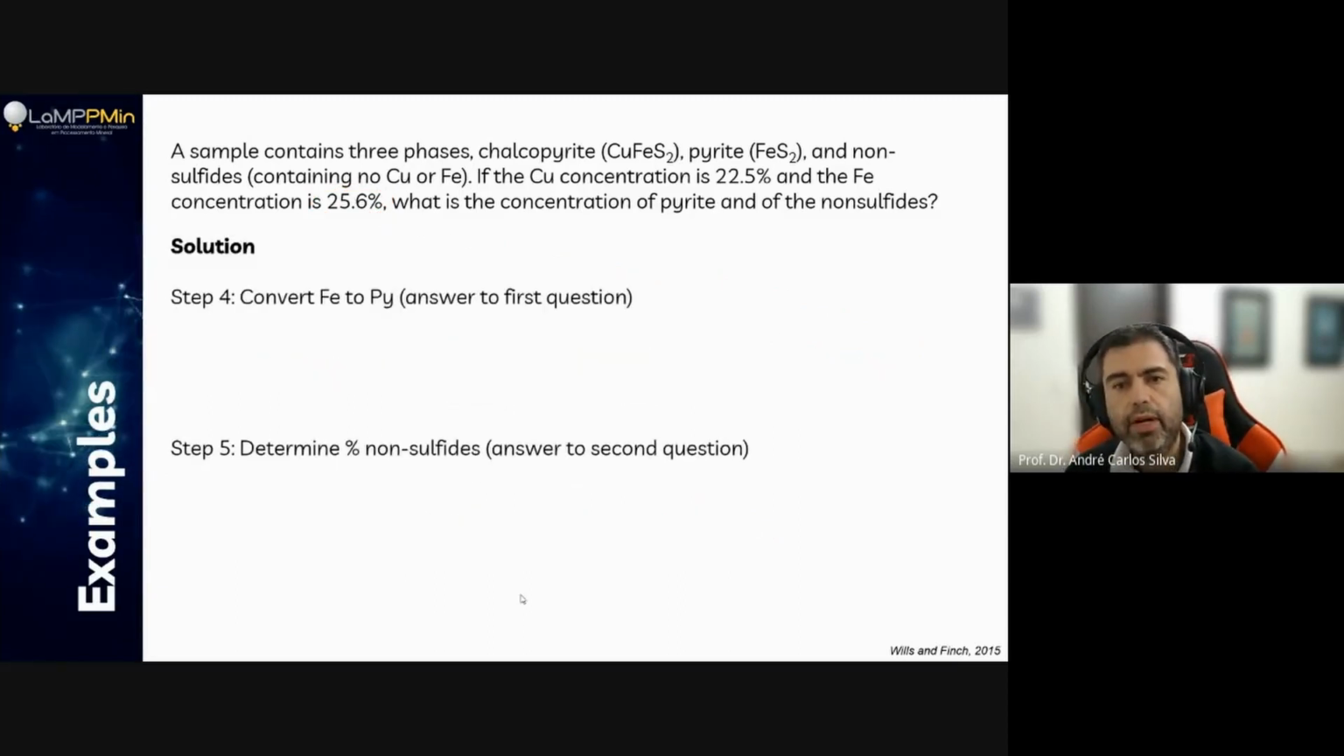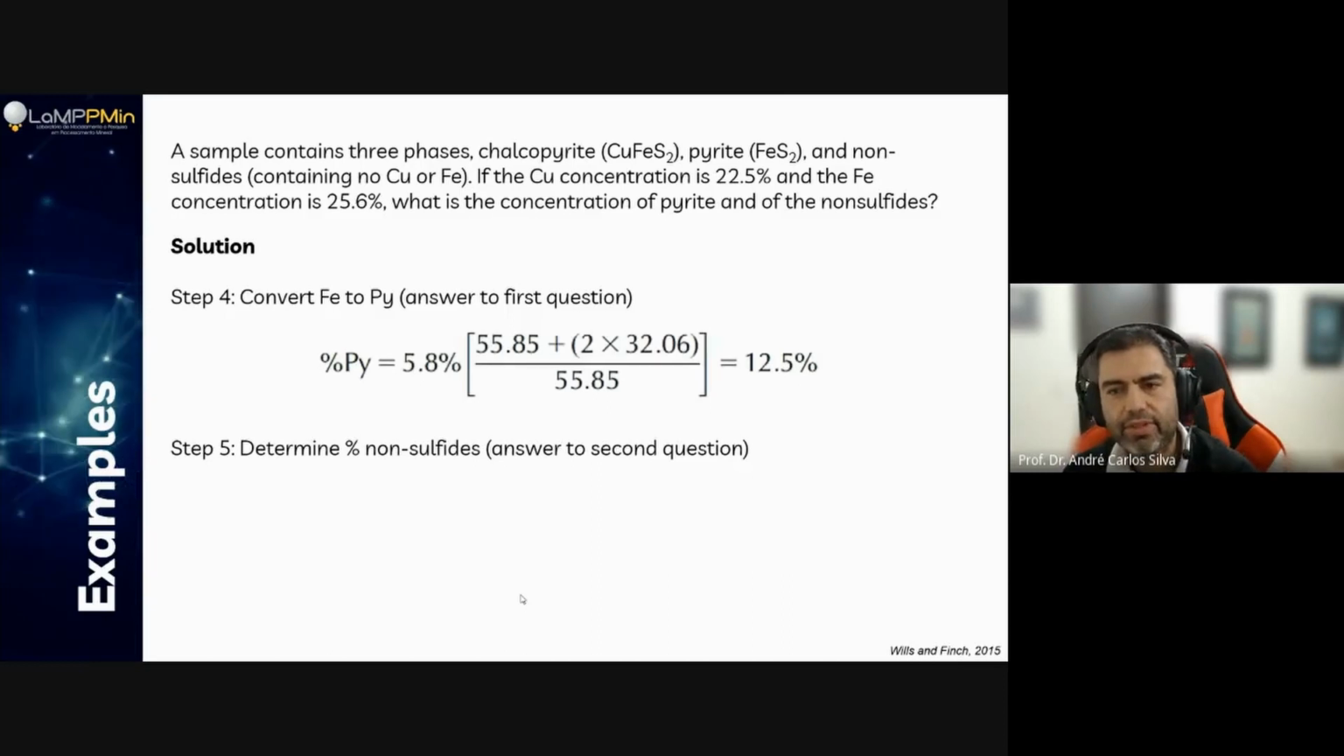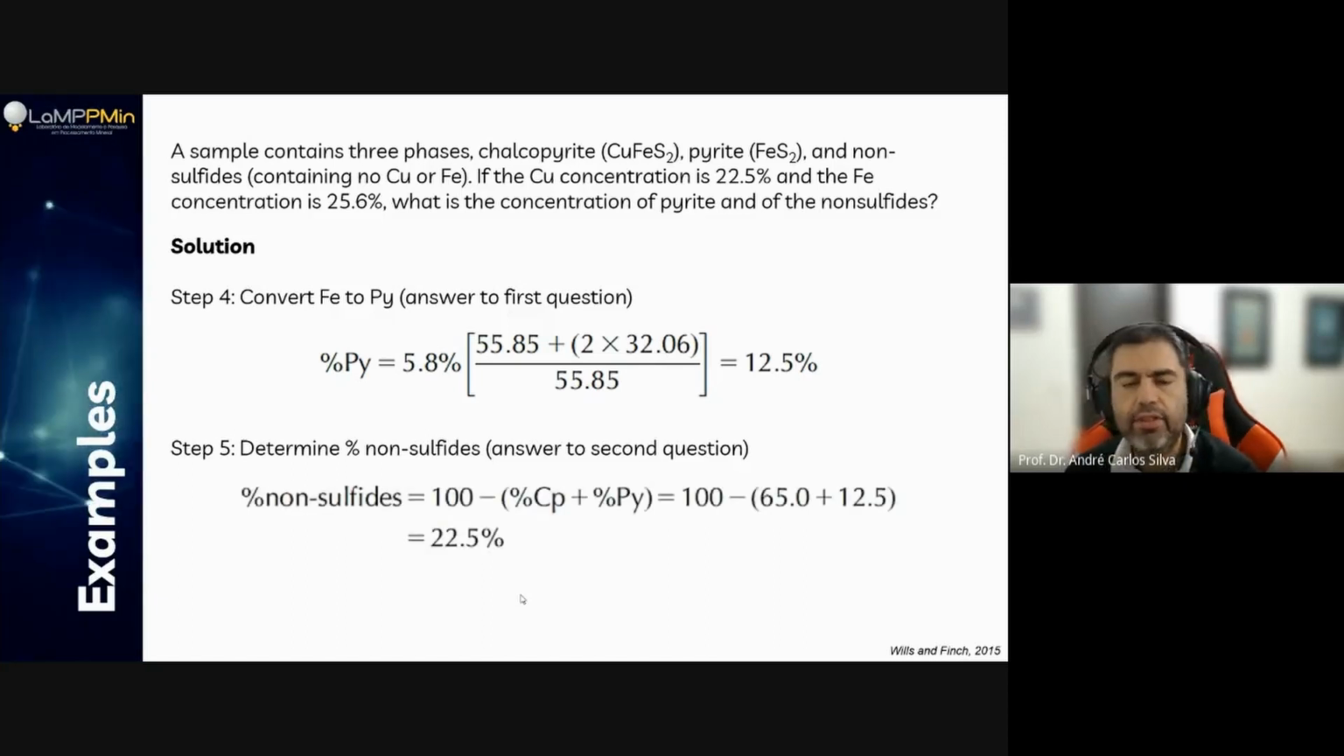So step 4, I'm gonna try to evaluate the iron on the pyrite. It's just the answer of the first question. So straightforward, 12.5%. That's the amount of pyrite. And the non-sulfates, I can do this by subtraction. If I have 100% of my mineral phases, and I subtract the 65% that I know for sure is chalcopyrite and 12.5% that I know for sure is pyrite, I have 22.5% of oxides, okay, other minerals bearing also copper